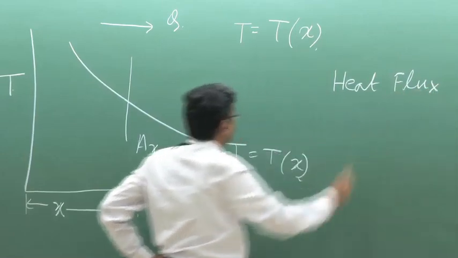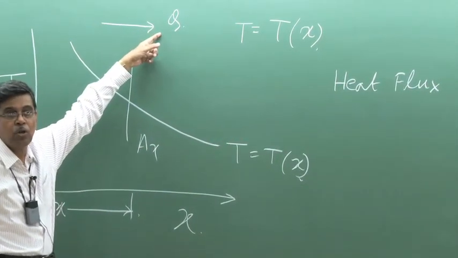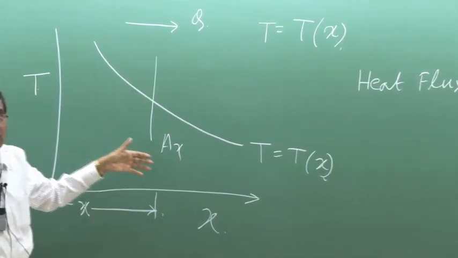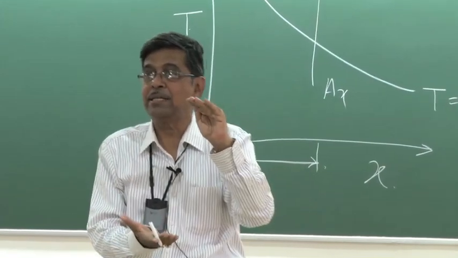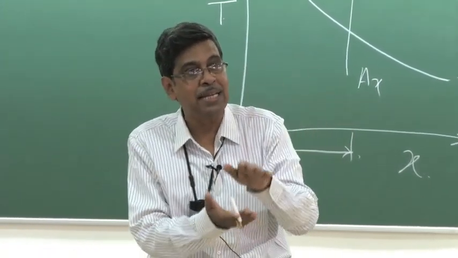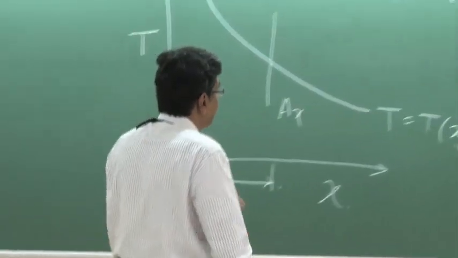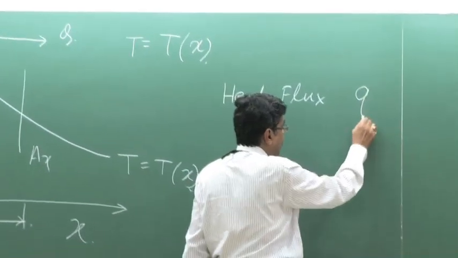Now one thing is true: to know the amount of heat that is flowing in a direction, we have to know an area over which we are interested, across which the heat transfer is taking place. If the area is more, heat transfer is more; if area is less, heat transfer is less. So an area is important. So in this regard, a heat flux is defined, Qx,